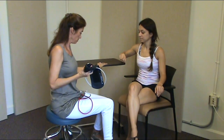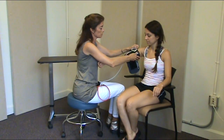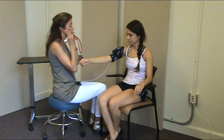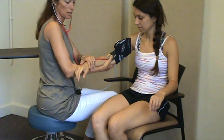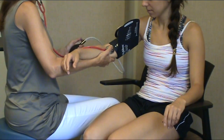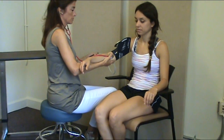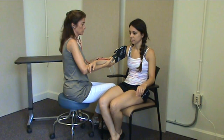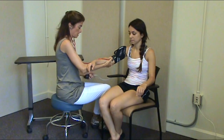If you're going to do it without the table, then again, you can ask the patient to raise their arm so that you can properly place the cuff around the arm. Place the diaphragm of the stethoscope on the brachial artery, and make sure that you ask them to rest their arm completely in your hand and your arm so that they are not holding their arm out themselves. And then you can check the blood pressure this way. Okay, completely deflate the cuff,